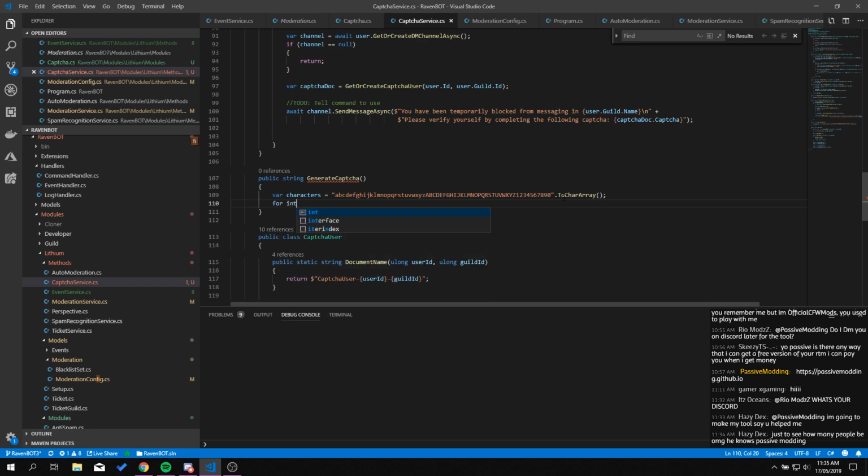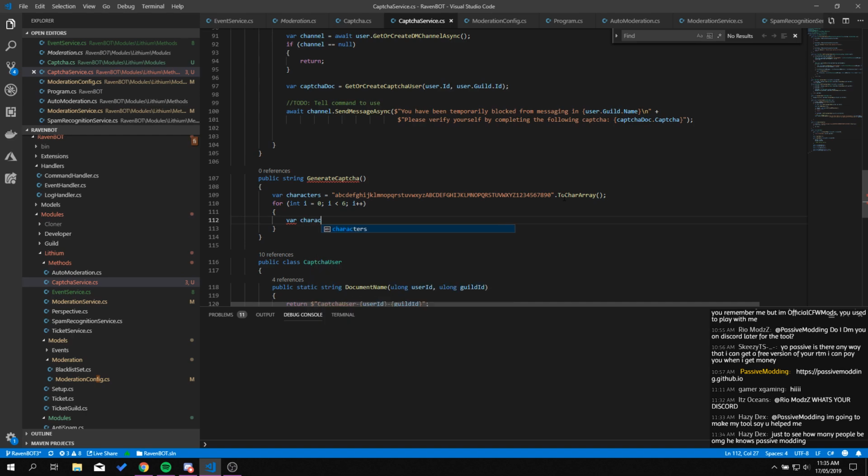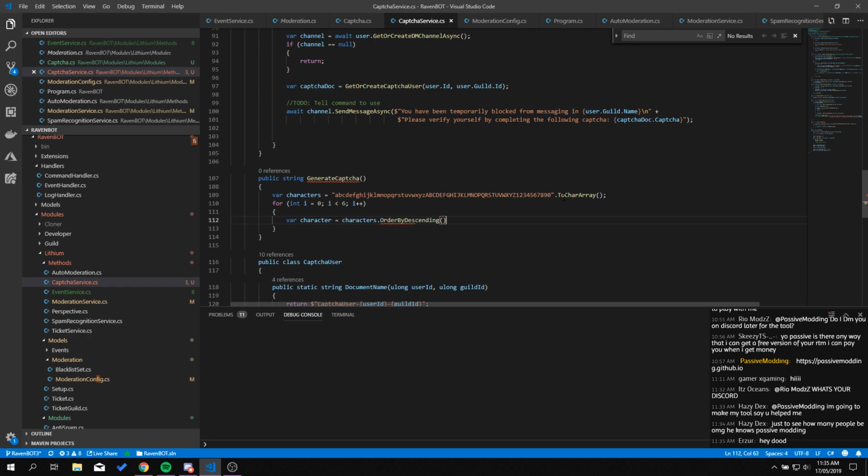Okay, so for int i equals 0, i is less than 6, i plus plus, and then we can just go ahead and go var character equals characters dot OrderByDescending x, and then we can just have a random here. So